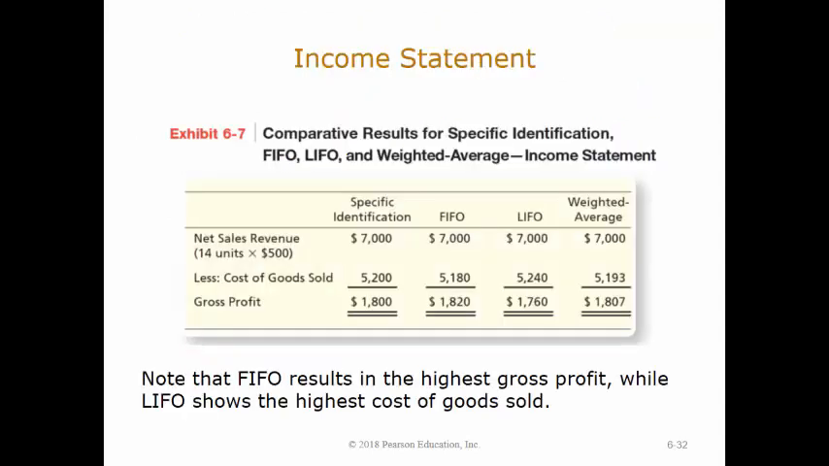Exhibit 6.7 summarizes the result for the 4 inventory costing methods for Smart Touch Learning. It shows revenue, cost of goods sold, and gross profit for specific identification, FIFO, LIFO, and weighted average. First, we see FIFO produces a lower cost of goods sold and a higher gross profit than either LIFO or weighted average. Also, we see that LIFO provides a higher cost of goods sold and a lower gross profit than FIFO or weighted average. Weighted average provides a cost of goods sold and a gross profit that is between LIFO